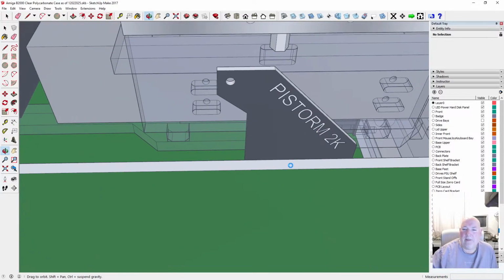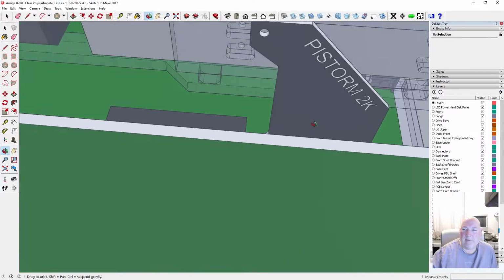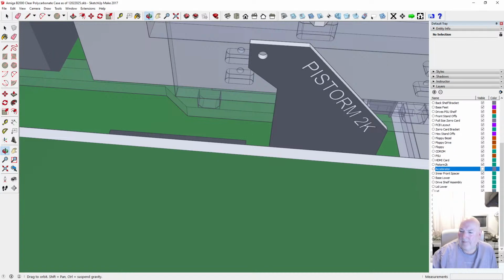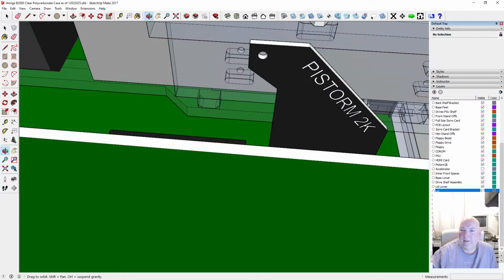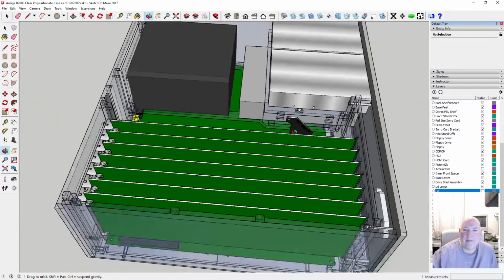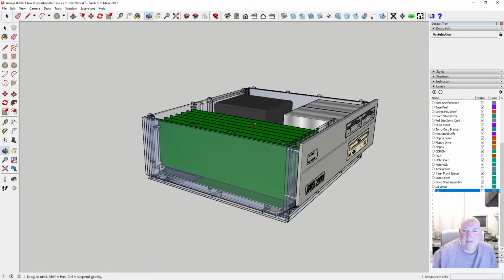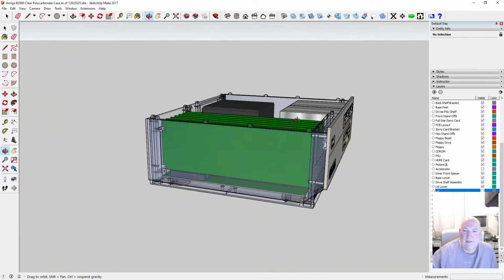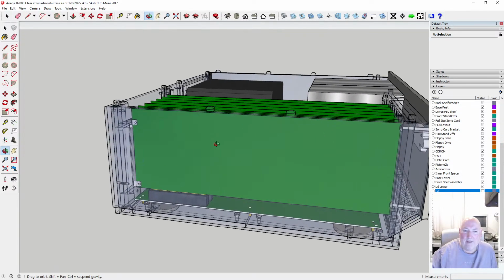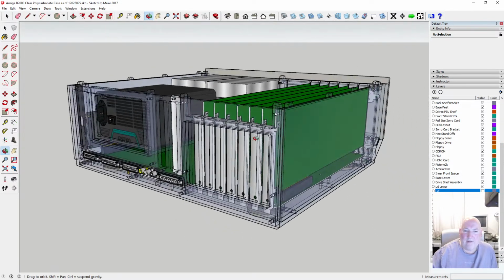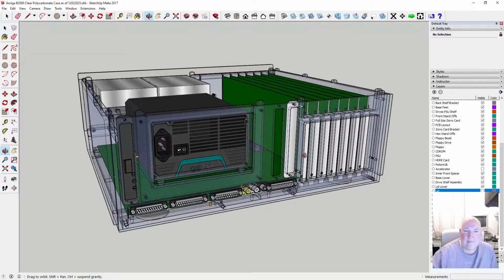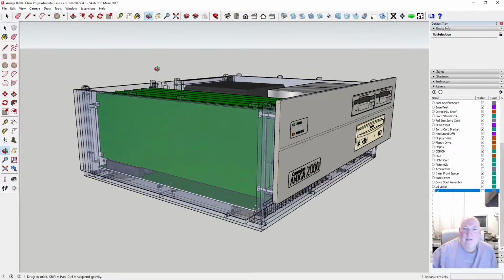PyStorm lovers, there you go. There's your PyStorm. Take the lid off so you can see it. There we go. So that's what it's going to look like with the lid off. Okay. Right, let's crack on. So we might as well save that